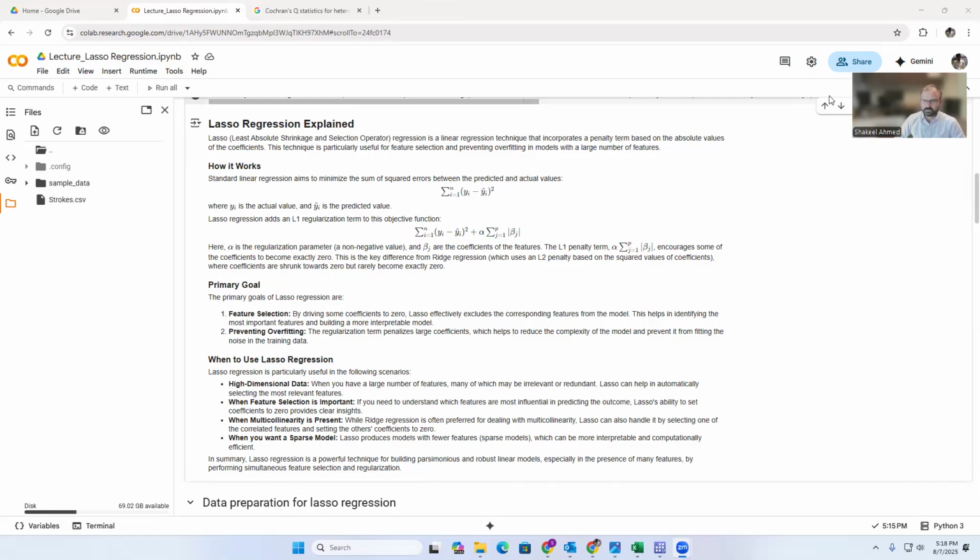This is Shakil Ahmed. In this tutorial, we will discuss least absolute shrinkage and selection operator regression, that is known as Lasso regression,